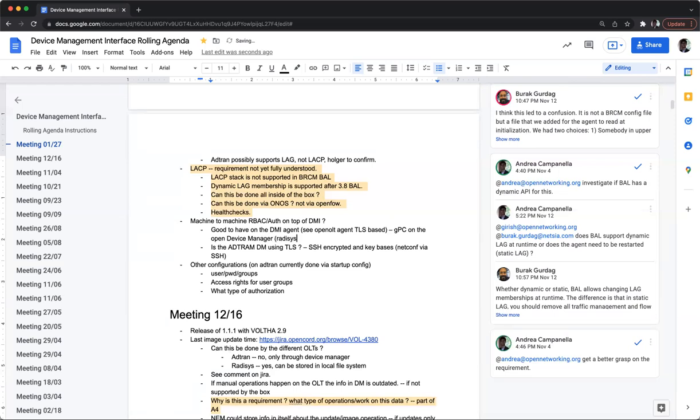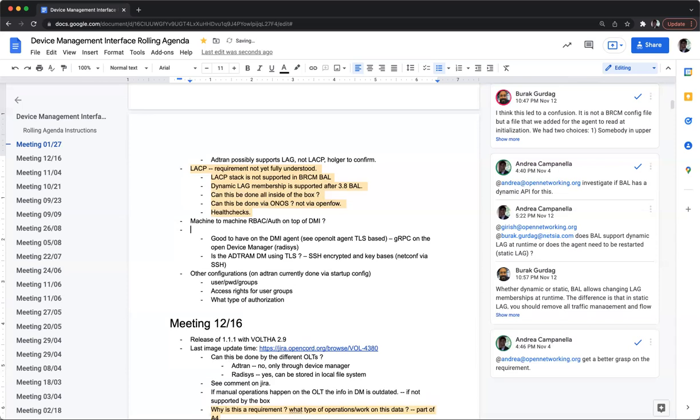I'm a little bit confused by the point of machine to machine on top of DMI. Why is it on top? Because DMI here is meant the DMI on the device, or? Good point. These are actually two different separate things.